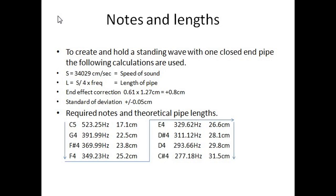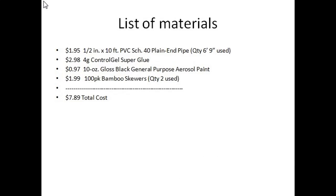We cut the tubes to create and hold the standing waves at the required frequencies: C5, G4, F#4, F4, E4, D#4, D4, and C#4. We added an additional 0.8 centimeters to correct for the end effect, and we have a standard deviation of 0.05 centimeters. The list of materials is easily obtained, and the cost comes in just under $8, with a total of